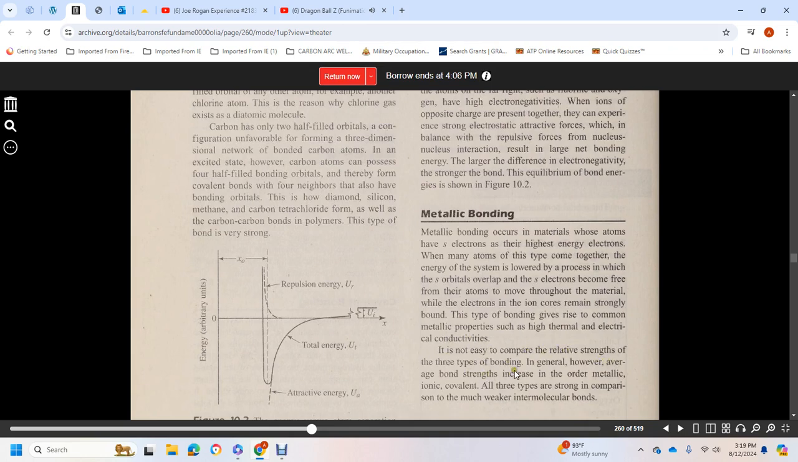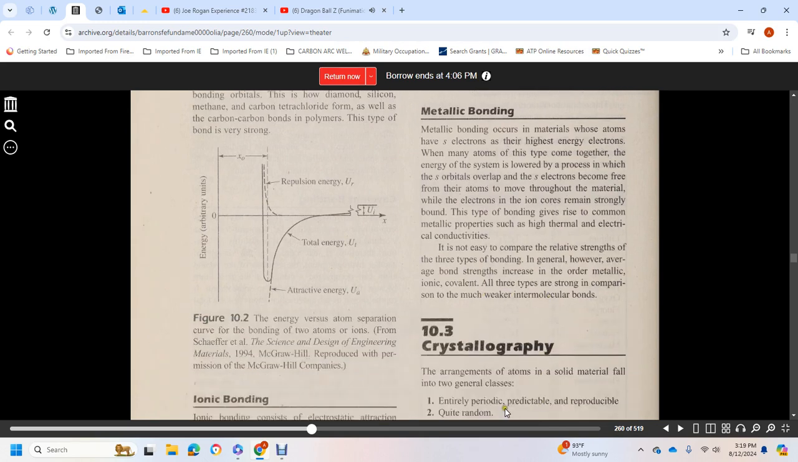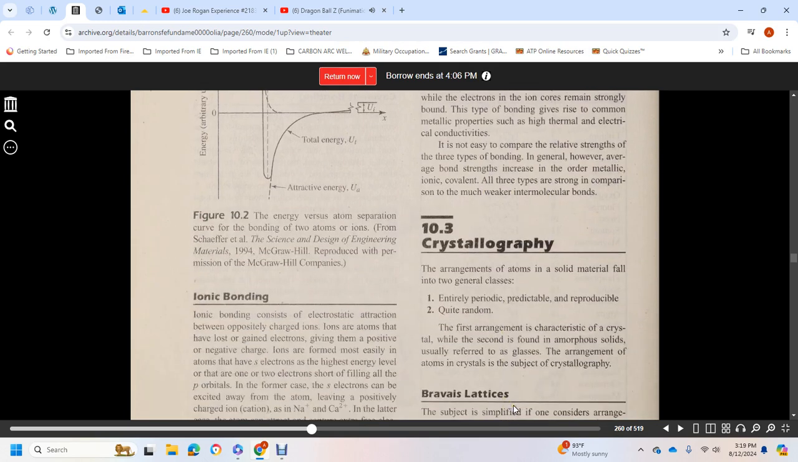However, the average bond strength increases in the order metallic, ionic, covalent, all three types of bonding in comparison to the much weaker intermolecular bonds. Alright, 10.3, crystallography. The arrangement of the atoms of a material falls into two general classes: entirely